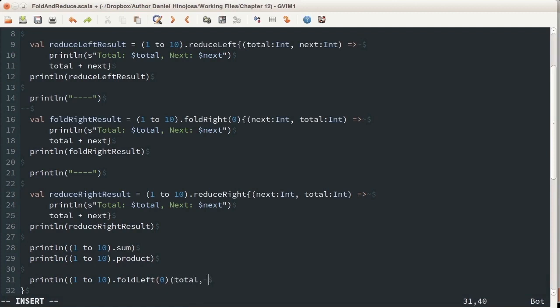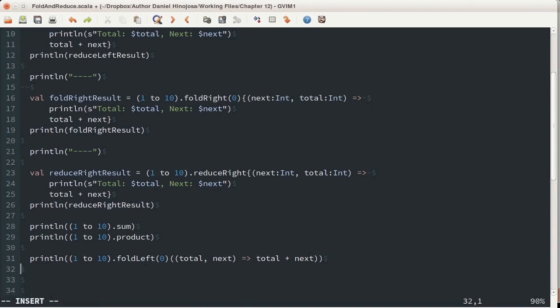Let's say for 1 to 10, fold left, start off with a seed of 0, and as far as our function, remember, it was total, then next. And that is a function, and what we were doing was total plus next. We could have done that, but the thing is, we could also do this. The first underscore is going to represent the total. Second underscore is going to represent the next. And all this is just a shorthand. So if we run it,